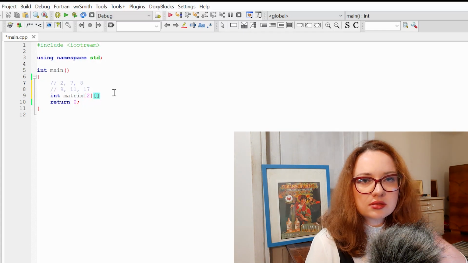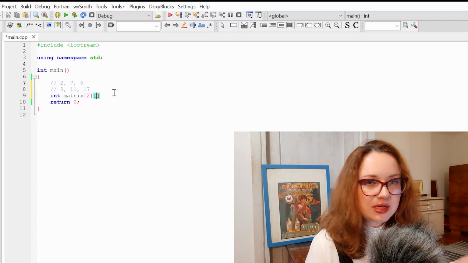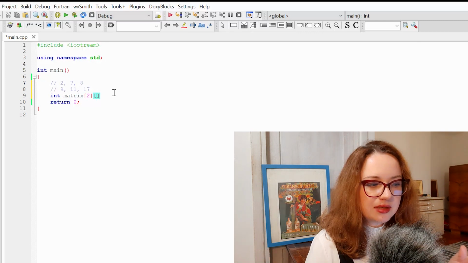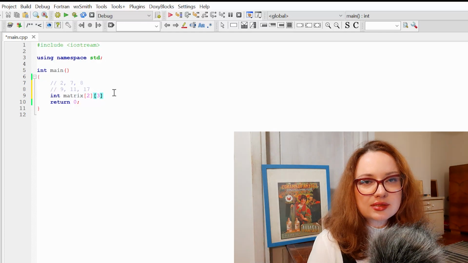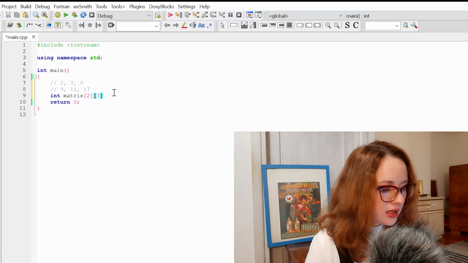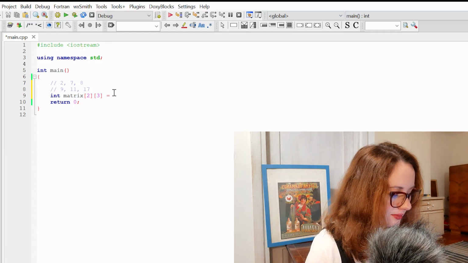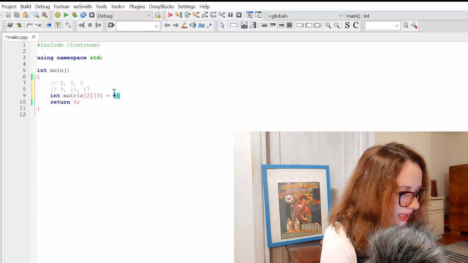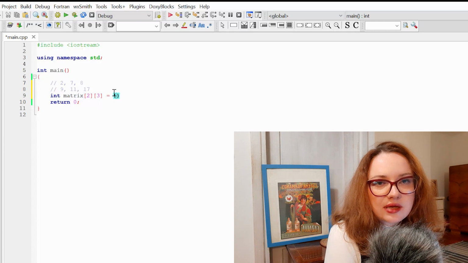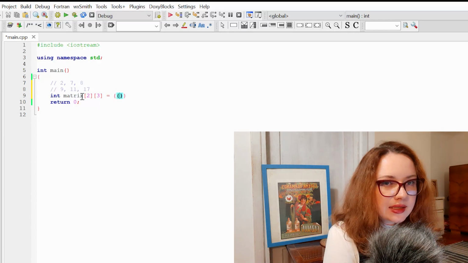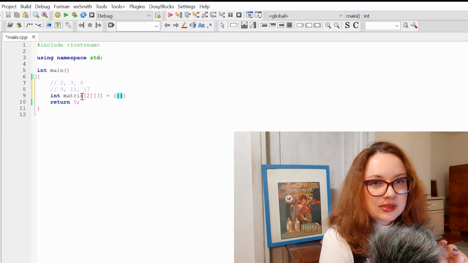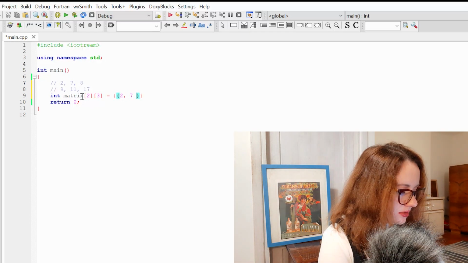And in the second square brackets I'm going to write the number of columns that my multidimensional array will have, or in other words, the size of this subarray. The size of the subarray is 3. And once again I can assign my values to my array later, or I can immediately initialize it. Once again I need to open curly brackets, and inside of the curly brackets I will open another curly brackets, and in these curly brackets I will list the first subarray members. So it's 2, 7, 8.